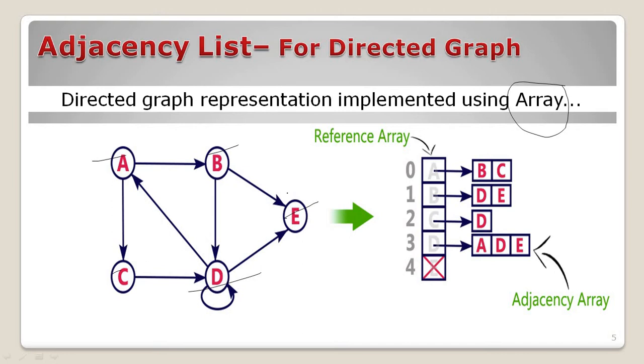Now the thing is, this particular graph, the directed graph, we need to represent using adjacency list. So into the right side we have prepared the adjacency list for the directed graph using the array. So already we know that the array we can represent like 0th position, 1st position, 2nd position, 3rd, 4th, 5th, like that we are going to be considering the array. So total number of vertices or the nodes we are having, that is 5, and array is going to start with the 0th position. So for that we have taken like 0, 1, 2, 3 and 4.